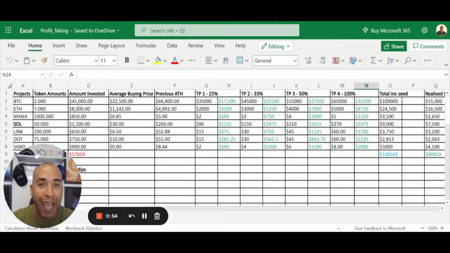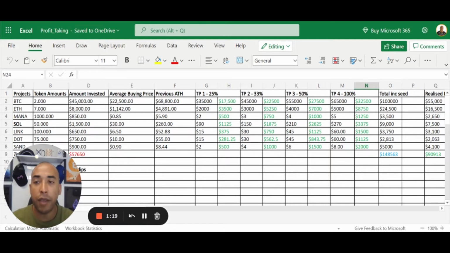So you're at a stage now where you've bought the cryptocurrency projects that you want, and you're thinking to yourself, what do I do next? Well, you've got to have a profit-taking strategy in place, first and foremost. So you're going to enter all the names of the projects on the left-hand side. Then we're going to look at token amounts. So this is going to be the amount of tokens that you own,